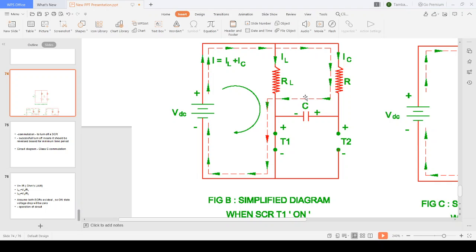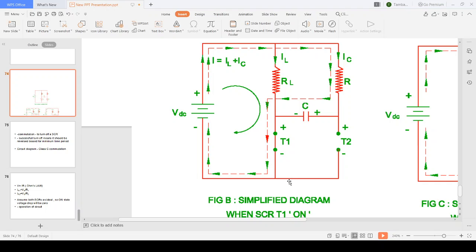The voltage on capacitor C has polarity plus and minus, and this thyristor T1 will continue to conduct. Continue to conduct means current will flow through this thyristor T1, and I equals V divided by R. In this case, current I equals V divided by R,